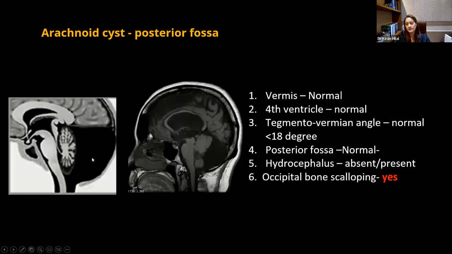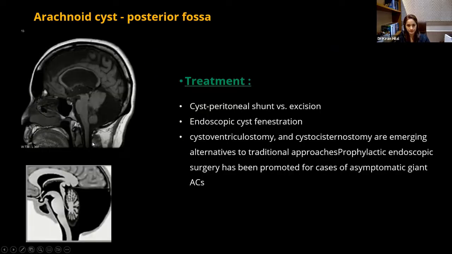So remember, this is not why this occurs. It occurs because whenever there is a duplication of arachnoid space in the posterior fossa, you always have an arachnoid cyst. So this is again a very important thing. Whenever this is the finding, the neurosurgeon will come into the reporting area, or you as a neurosurgeon will come to us, and you will always have a confusion. Most of the time they are asymptomatic, but if they are symptomatic and you want to surgically remove these cysts through different procedures, you really want to make sure whether you really need to go in or not, because it is a close mimicker